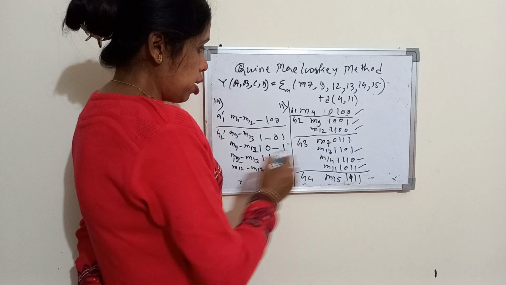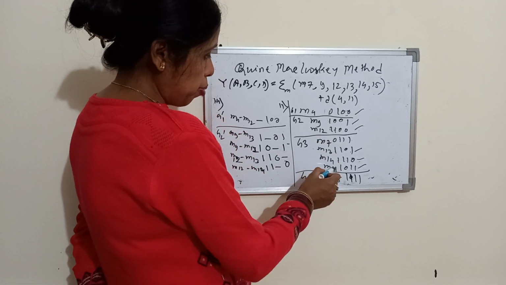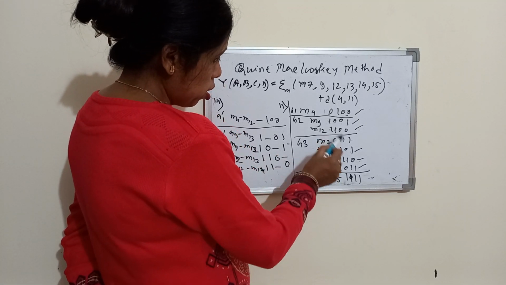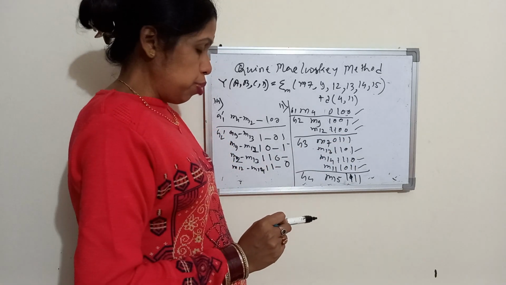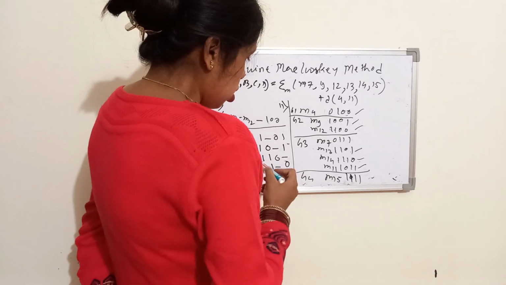Okay, right. So now I come to M12, M11. One was same, one zero different. This is also different. This is also different. It's not possible. Okay, right. Now come to the